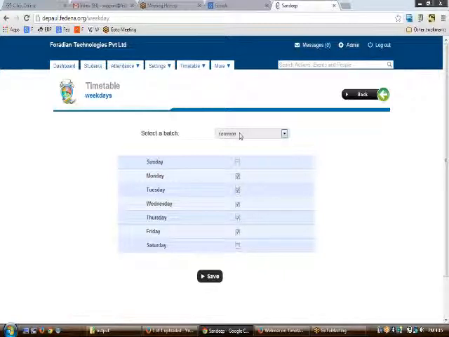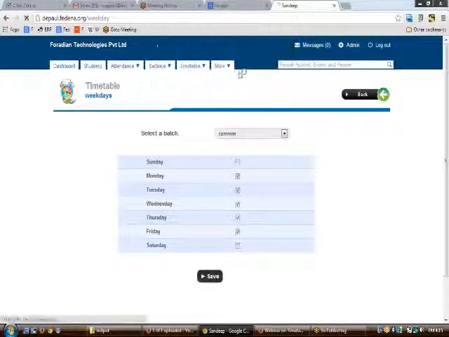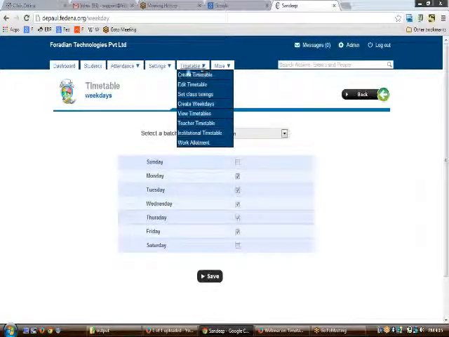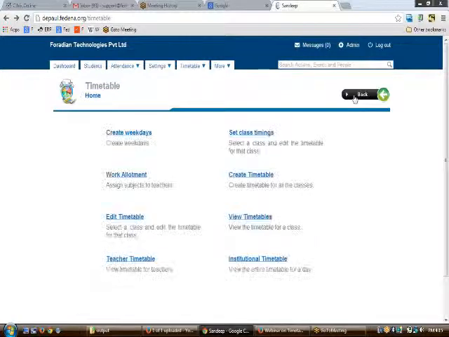Then you can use the common option from here, and then check the required weekdays, like in this case Monday, Tuesday, Wednesday, Thursday, and Friday. And after having done this, you can click on save. So this creates your timetable weekdays.